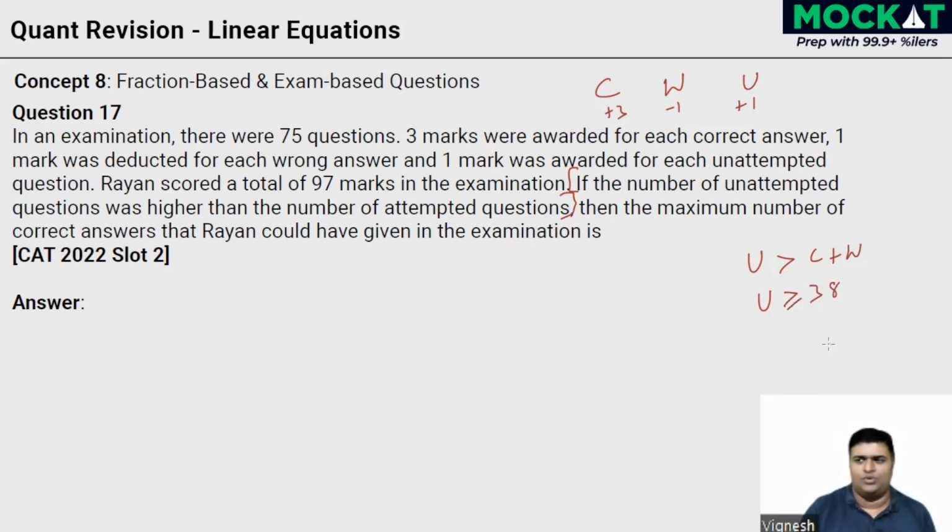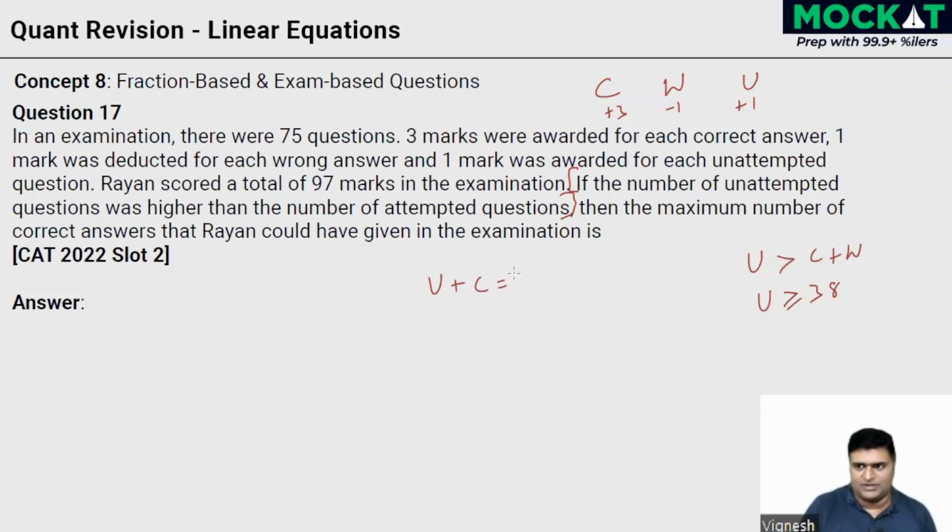Why am I able to do this? 75 is the sum total of everything, U, C, and W. If unattempted has to be more than the others, unattempted should be at least 50% of the paper. Logically, it should be more than half of this, 37 and a half, so 38 or more. But if you really want to strictly follow,